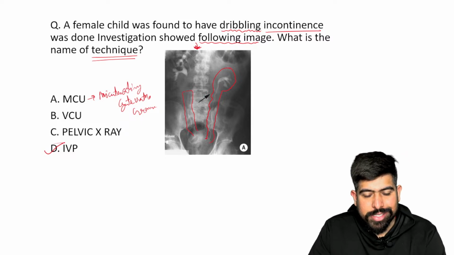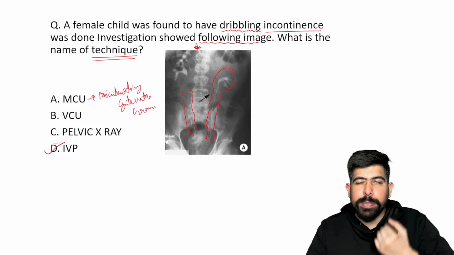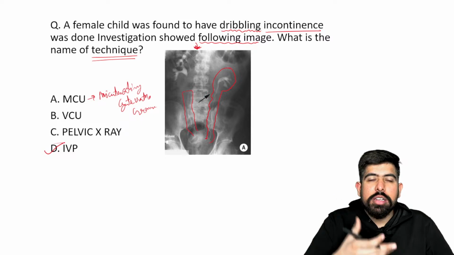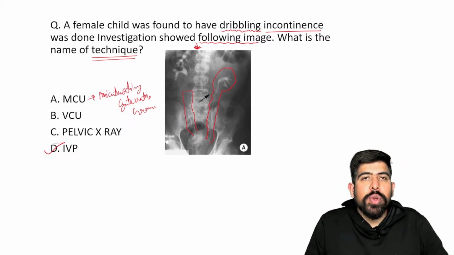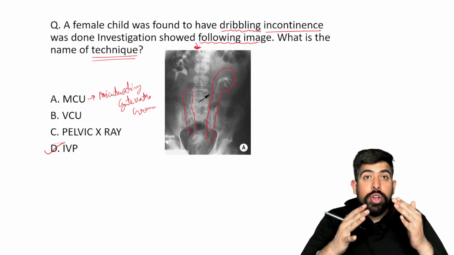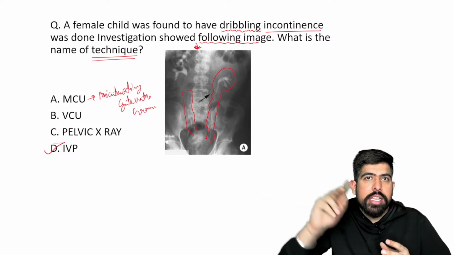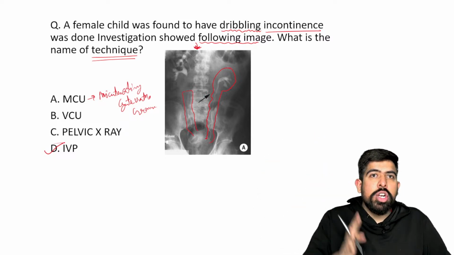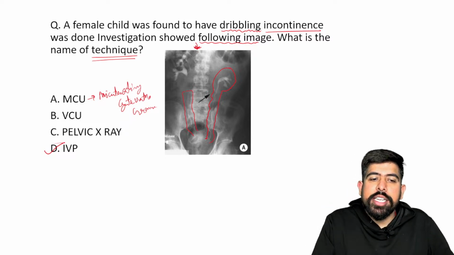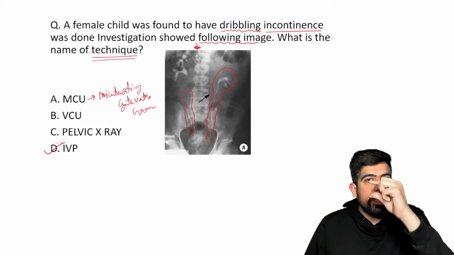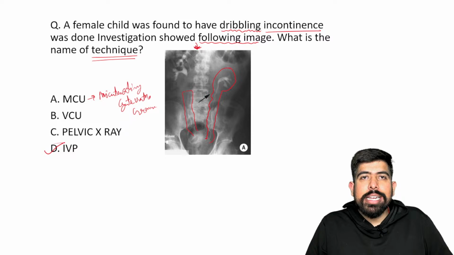So what we are doing in this condition, we are putting a catheter inside the patient's bladder, and we are putting the contrast material in the patient's bladder. So the patient's bladder is fully filled with the contrast material. We are not looking at the kidneys or the ureters. Please remember, retrogradely the contrast will not go to the kidneys. But the image I showed you, is it clearly showing the kidneys and the ureters? Please be clear about it. So this all will be inside your bladder.